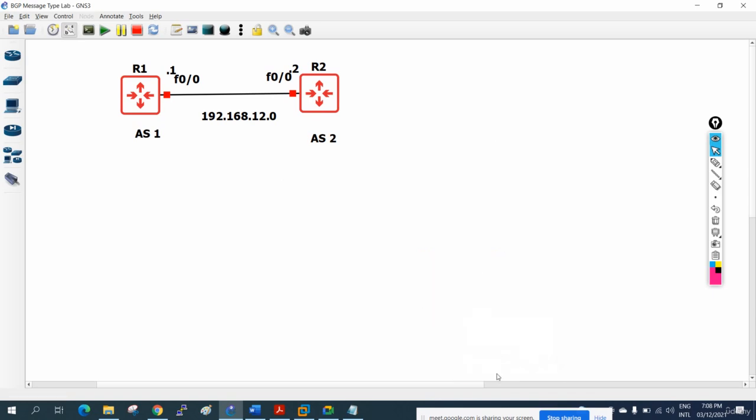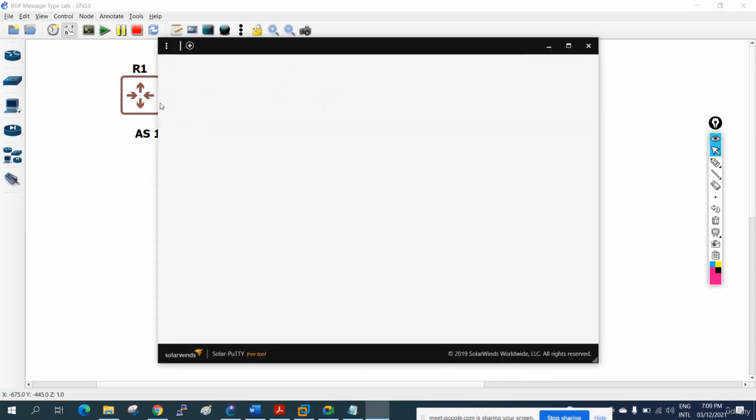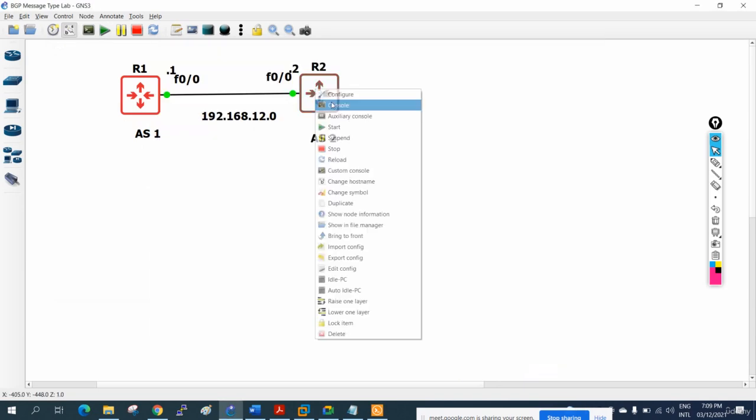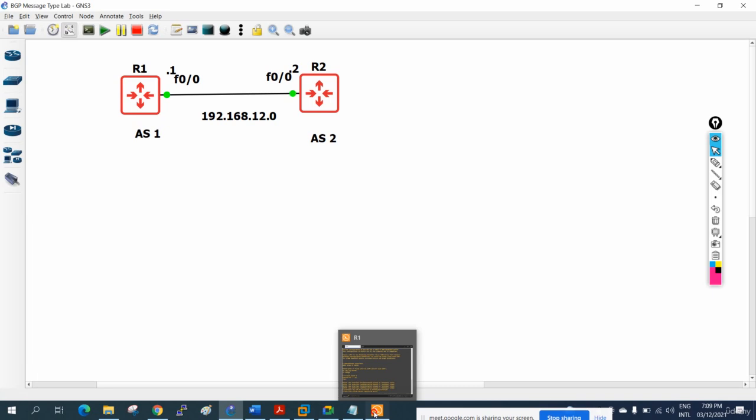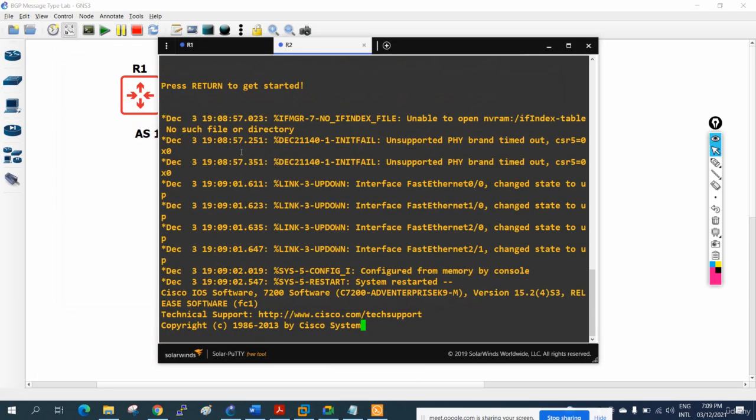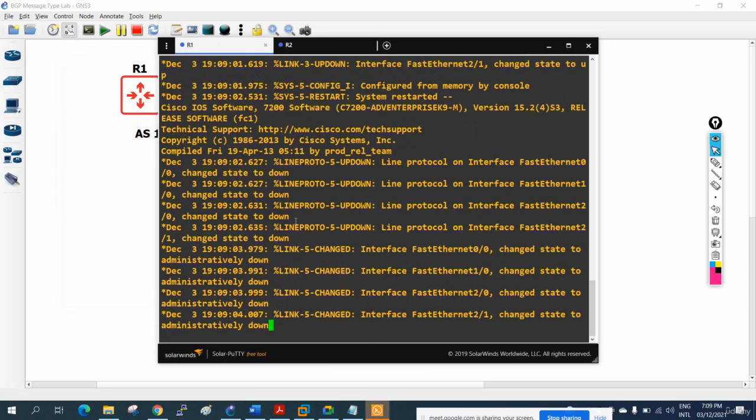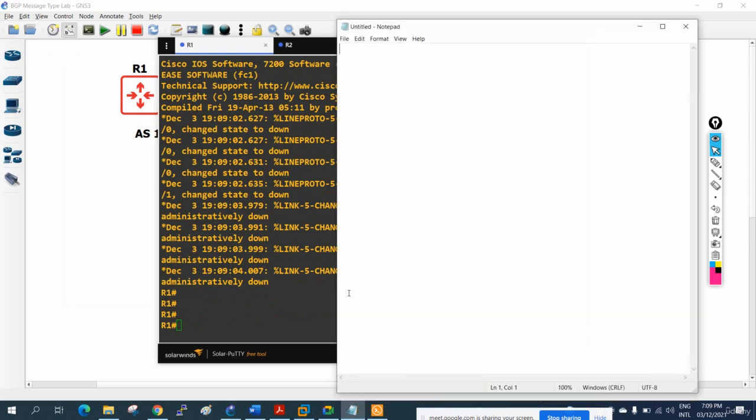If I delete this, yeah, so let me start the router and then I will take the console of the R1. And then I will take the console of R2. So now this is R1, this is R2, and we will take the notepad and we can write here, we can give the name as BGP active passive,